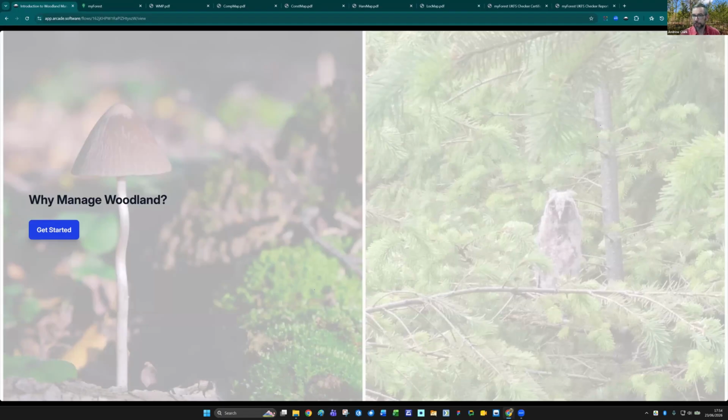privately owned woodlands. So based on that, they reckon that about 50% of privately owned woodlands in the UK are managed. It's slightly more in Scotland, slightly less in other places, but it's only half. So we've got a lot of ground to make up if we can agree that woodland management is a good thing. So just to reiterate why it's a good thing,